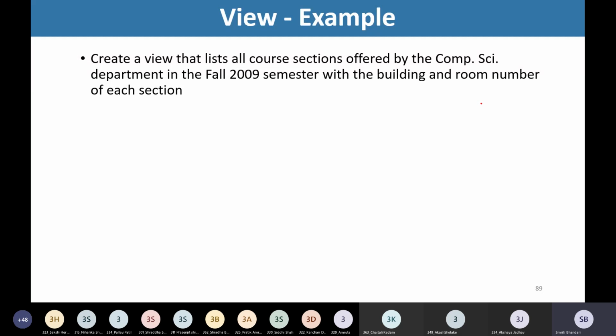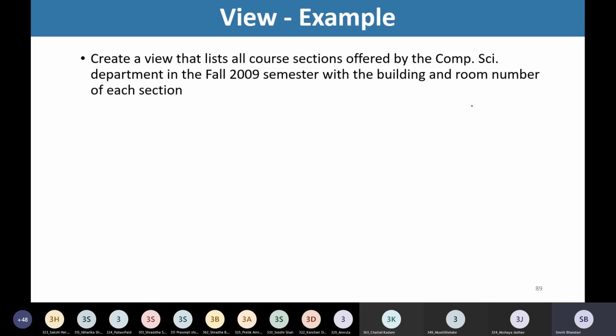So in the section table, we store details like which section of which course is associated with which building and which room number.